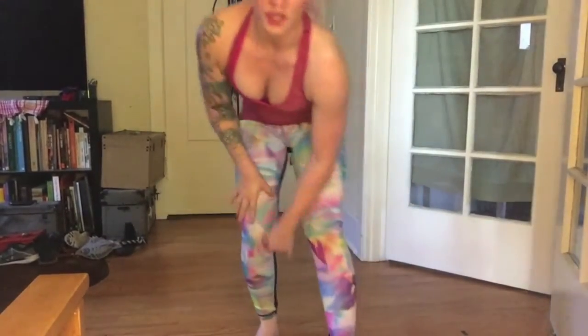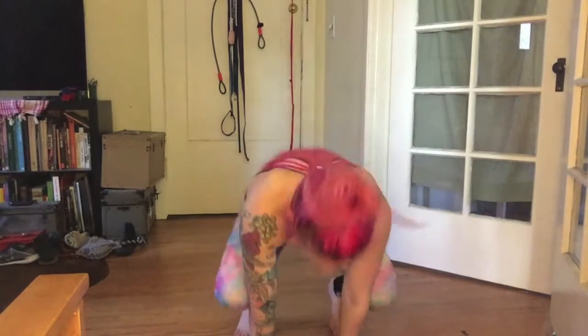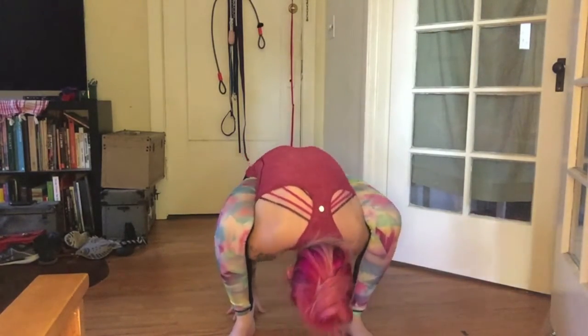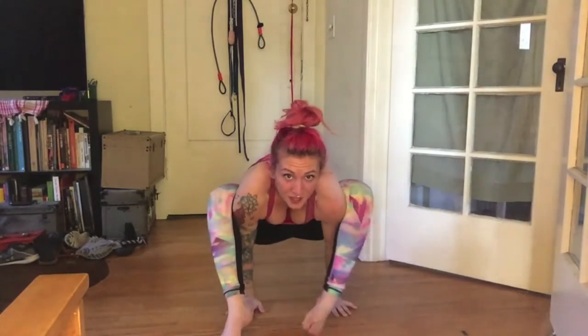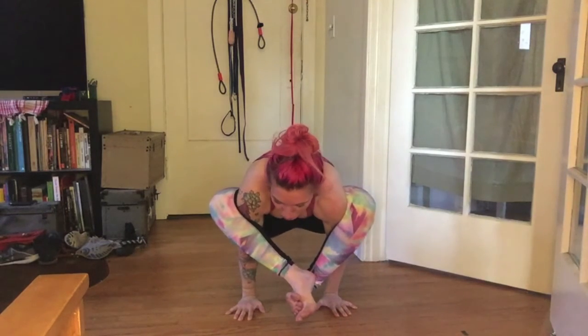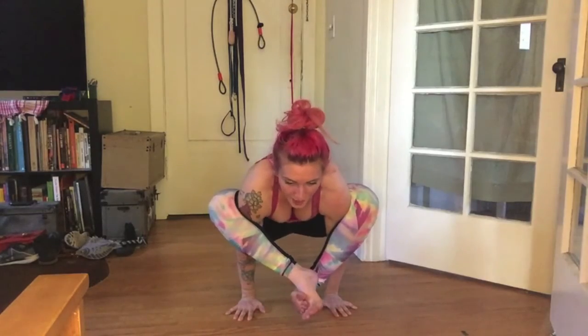If that was challenging, from here what you can do instead is, I always thought this was a little bit easier. Also, for any arm balance, give yourself some more room so you can place yoga blocks under your hands. But if that was challenging, you guys can try this. Same thing, put on my backpack straps, lean back, but instead of lifting, I'm gonna crawl my feet next to each other and latch. So I can feel my thighs hugging into my upper arms, and then once I feel that,